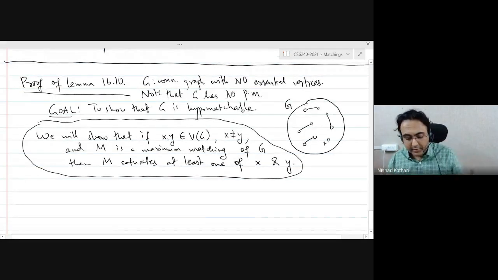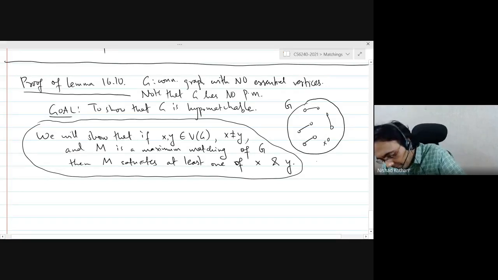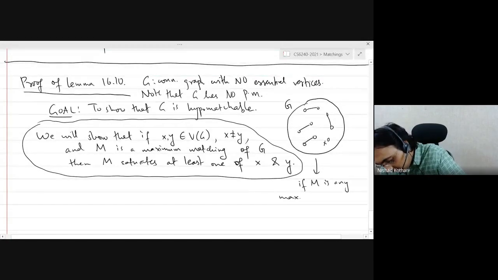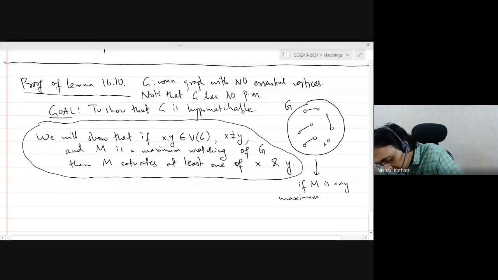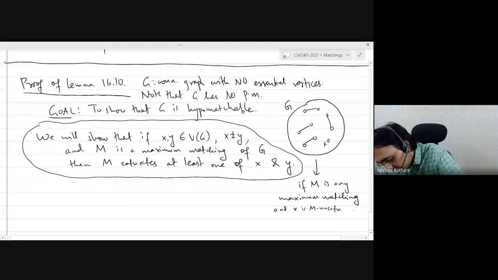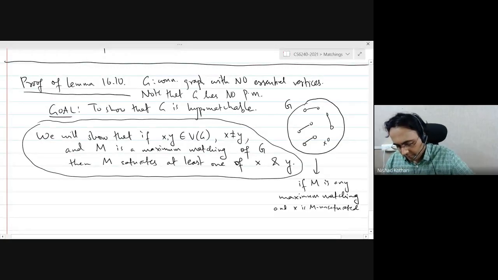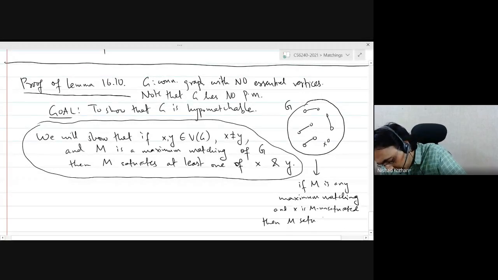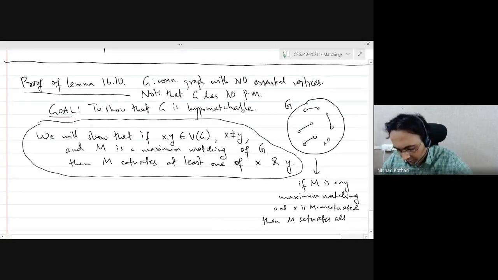Because for every other vertex, the matching has to saturate that vertex because x is not saturated. So if M is any maximum matching, and x is M-unsaturated, then M saturates all other vertices.